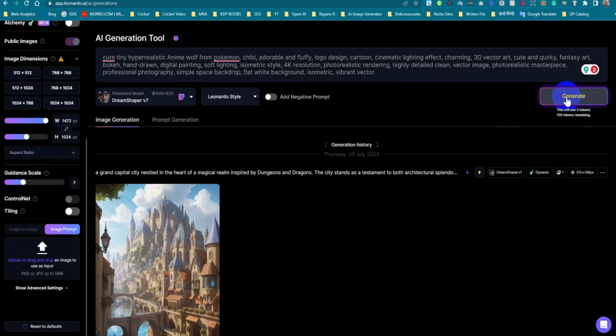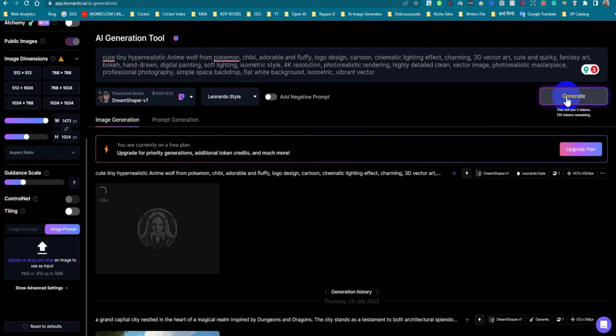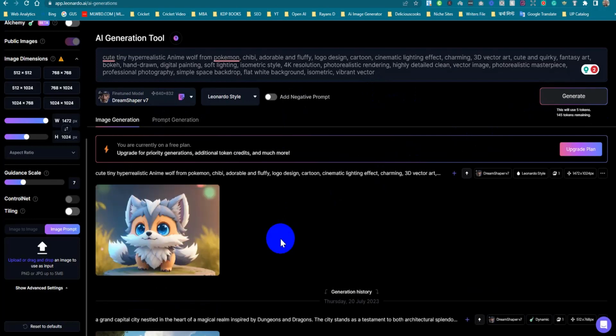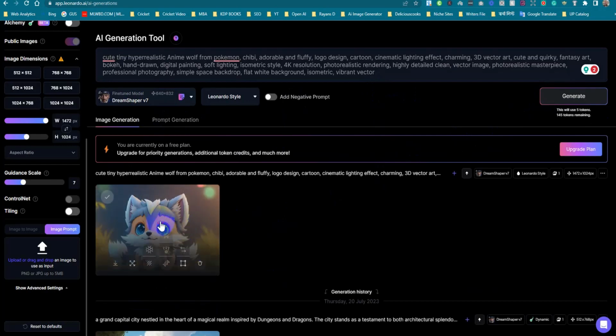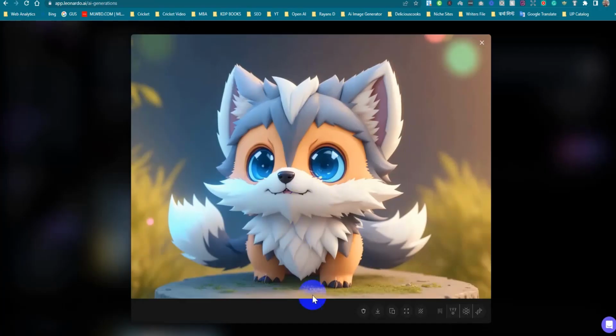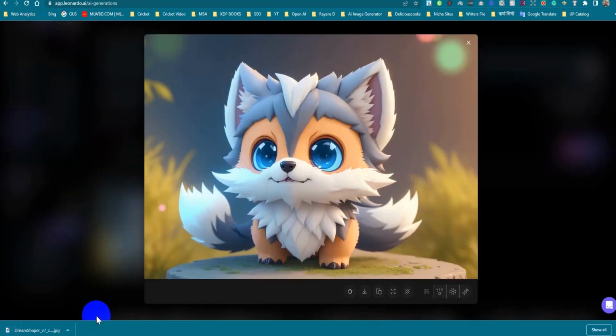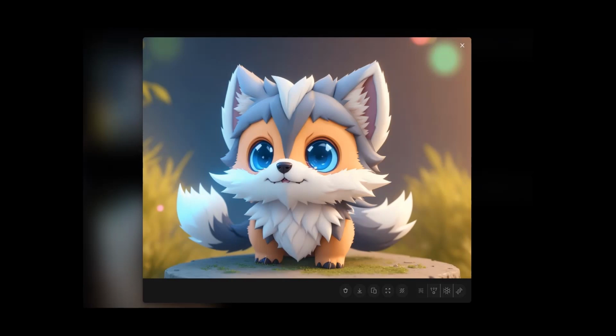With your prompts ready, click the Generate button. Leonardo AI will process your input and use its advanced AI algorithms to create a high-resolution image that matches your vision. The generation process usually takes only a few seconds, but for more complex ideas, it might take a bit longer. Once the AI has completed the generation process, you'll see the preview of the stunning AI-generated image on your